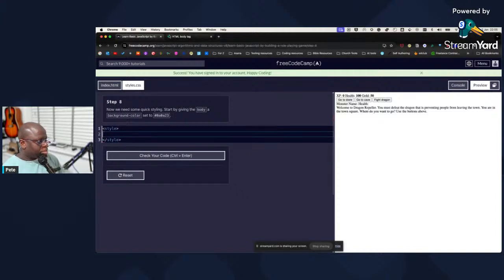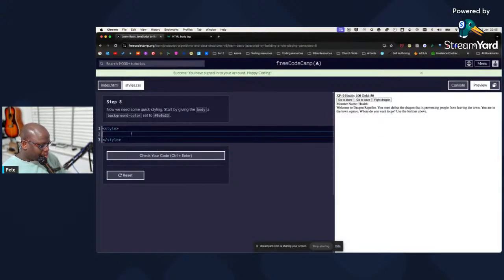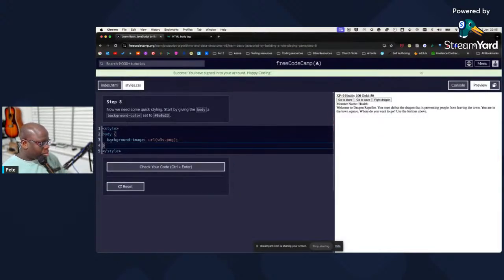It doesn't seem happy with that at all. But I'm going to do this and see. So this is giving me a background image for the body. I don't necessarily want that. I just want to copy that sort of,